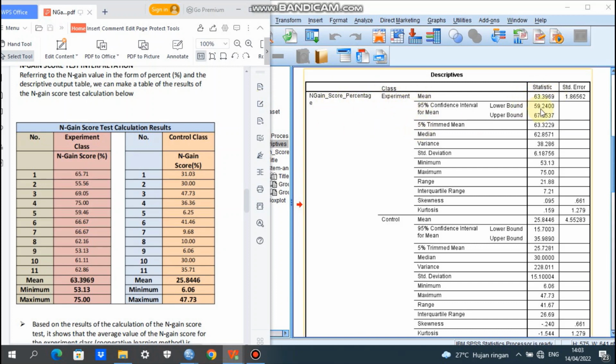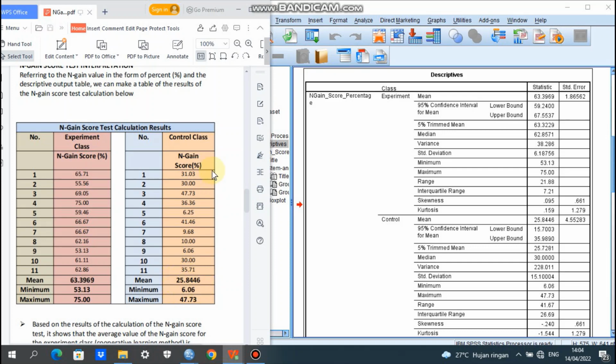We can see here 63.3969, and then the minimum taken from here 53.13, and the maximum for experiment class N-gain score percentage, the implementation of cooperative learning model is 75.00.